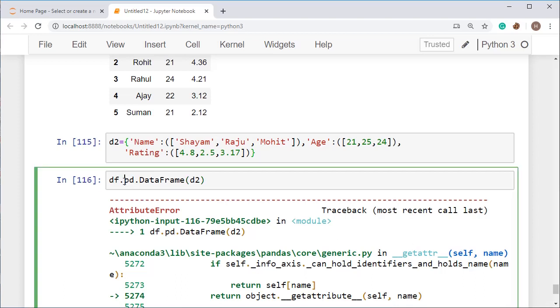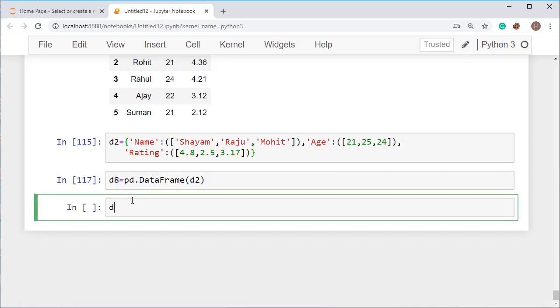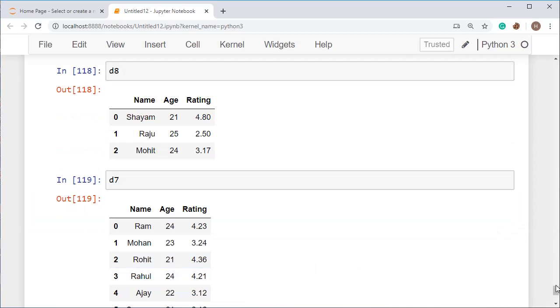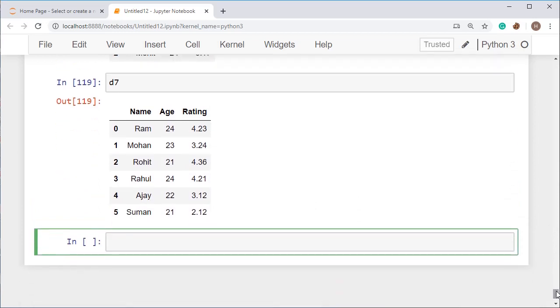You have to use D7 here. I'm creating a data frame D8. Sorry, I'm going to perform different operations. So create D8. Look here, D8 is here and D7 is here. Now I'm going to perform operations on these. Let's start with the sum operation. For that you have to use what?